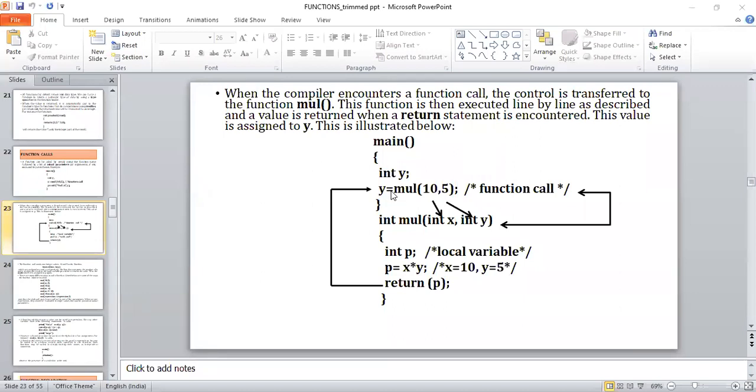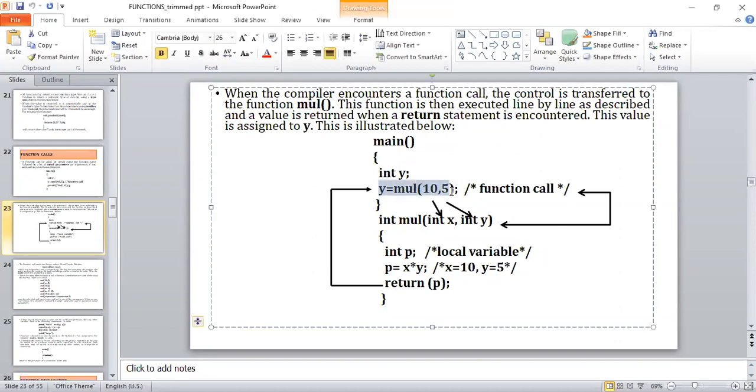Once the control comes to y is equal to mul of 10 comma 5, the control will automatically go to this function, whatever has been written. First the function has to be called like an ordinary variable. Okay, sir. Then only it will start its execution.